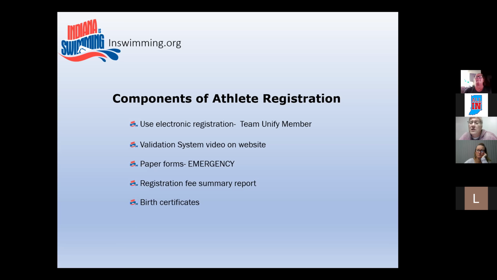If you're in an emergency or you have a single swimmer that needs to get registered now and you don't have access to your computer or whatever, can you download the paper form and fill it out and scan it and email it to me? Yes, you can. I do that with unattached swimmers and all of that. But if you can send me an electronic file, it goes a lot faster. I don't make typos, that kind of thing. So